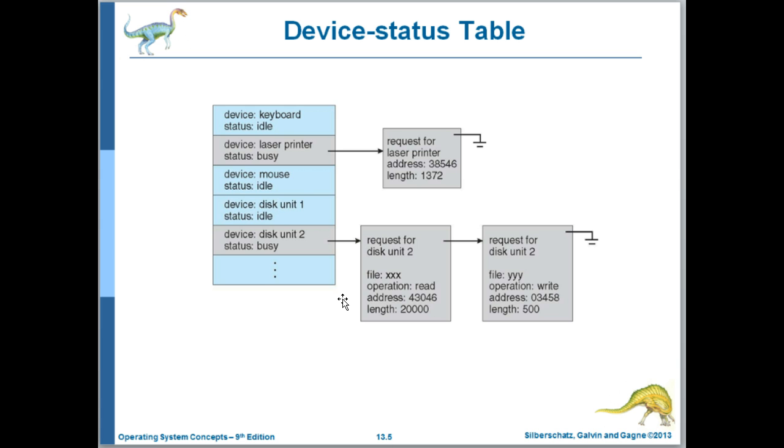The operating system has to keep track of which request here goes with what data is being read or written to the device. One way that can be done would be to